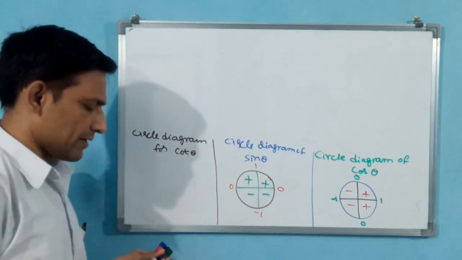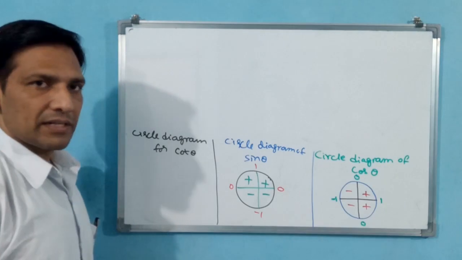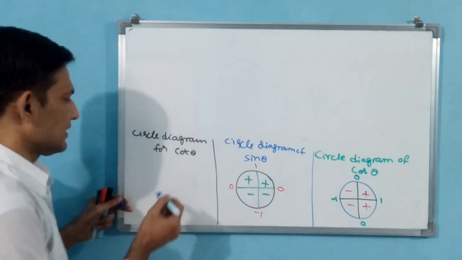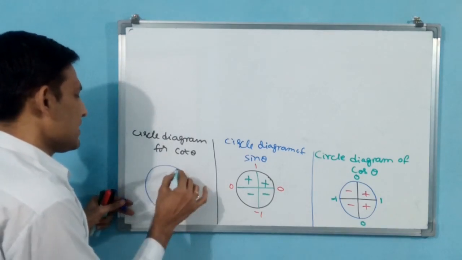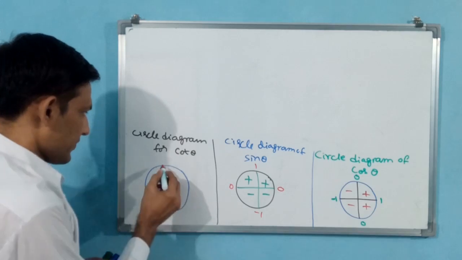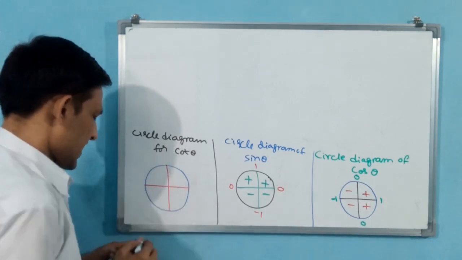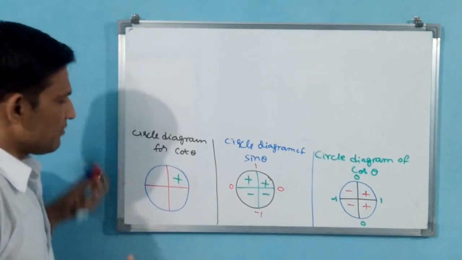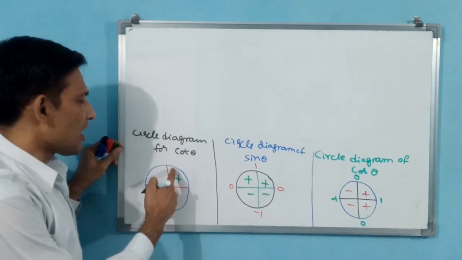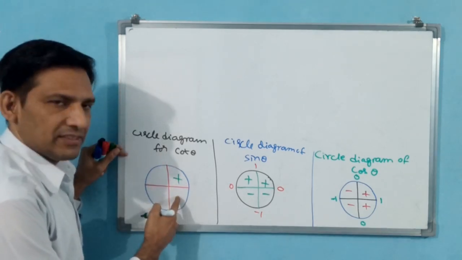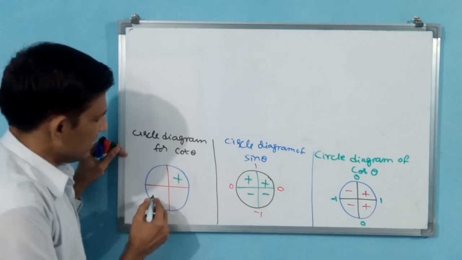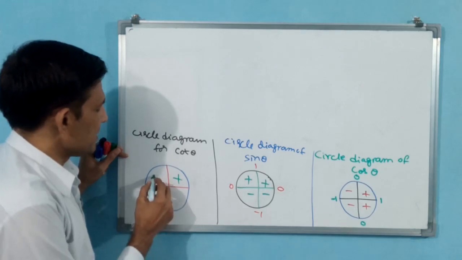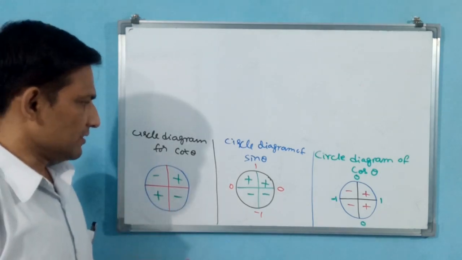Circle diagram for cot theta. Why? Because tan theta is over, now we are seeing cot theta. Cot theta again requires sin and cos, because we have to take cos divided by sin for cot theta. Let me draw first a circle, divide it, and put symbols first. Now you tell me, all silver teacups: all, sin, tan, cos. See, cot is positive where tan is positive. Here positive. Remaining two are negative.